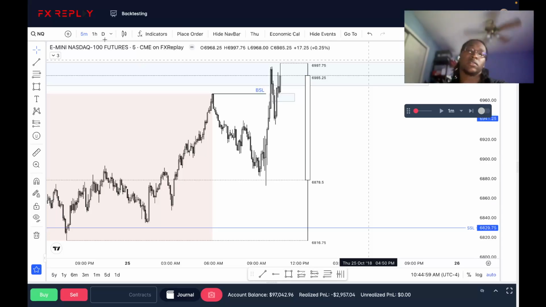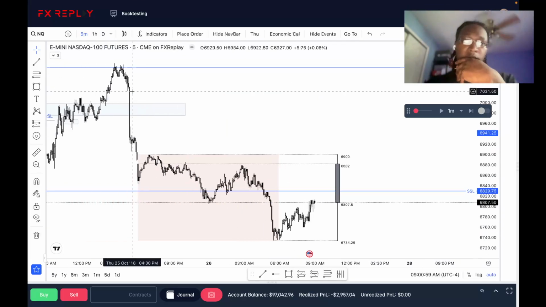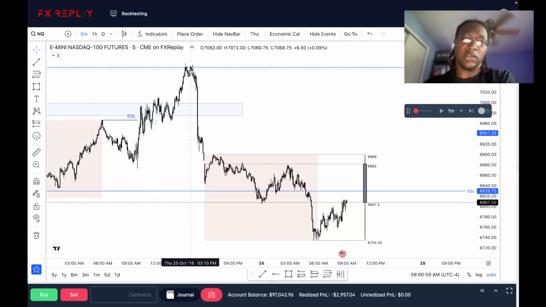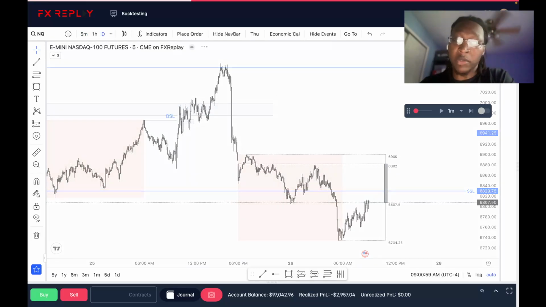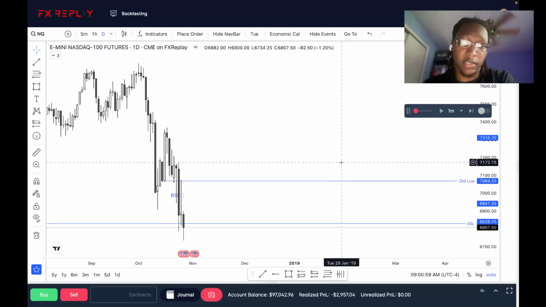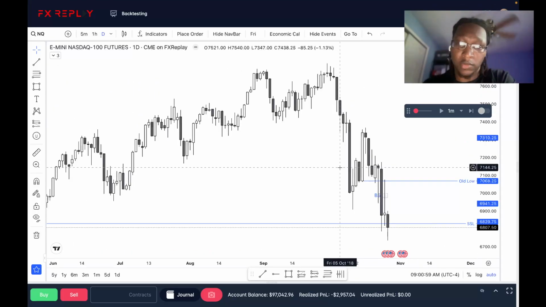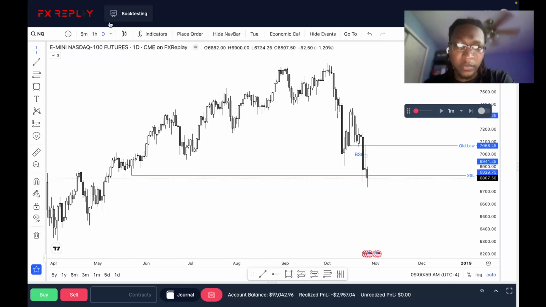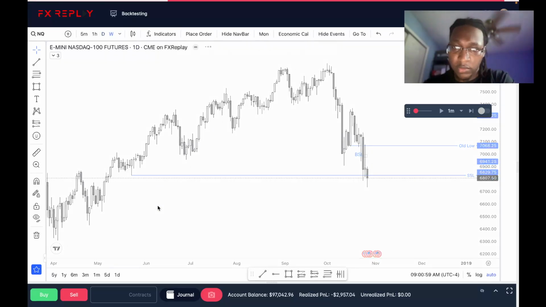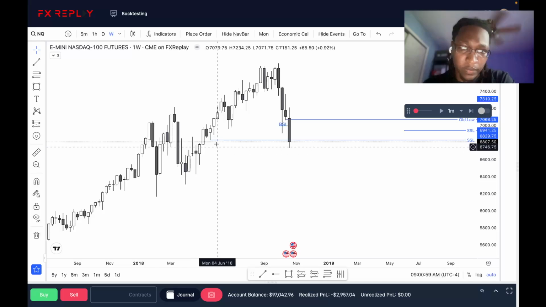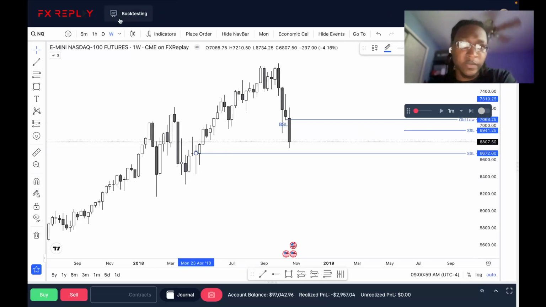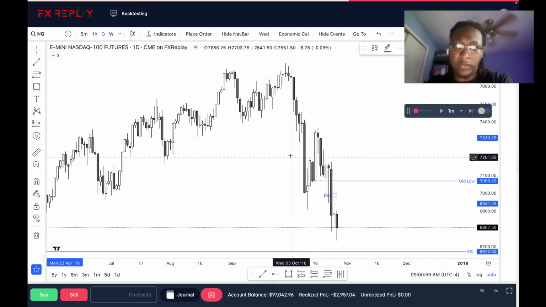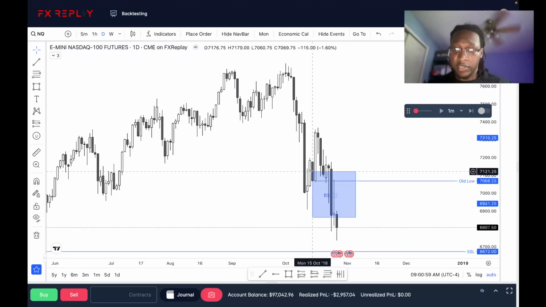This was Thursday. Let's see what Friday does. Okay, so price ended up pushing a little higher up into that daily order block. Remember where I put that old low? Pushed up into that daily order block and then dropped lower again. Let me go up to my weekly real quick, see what areas we can target. We have this rejection block over here. So still bearish, still looking for lows.